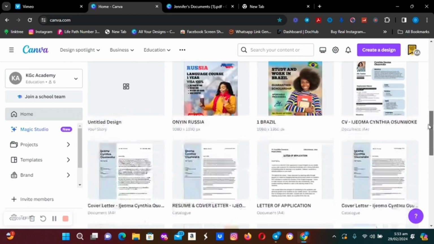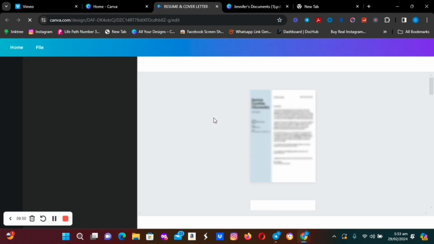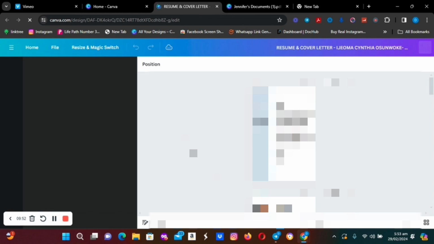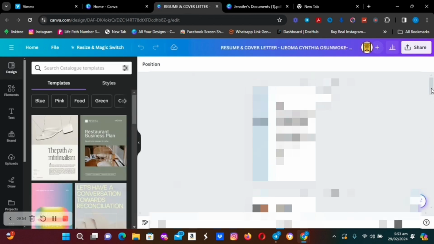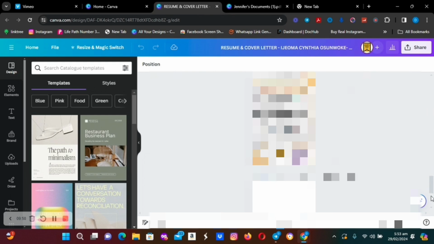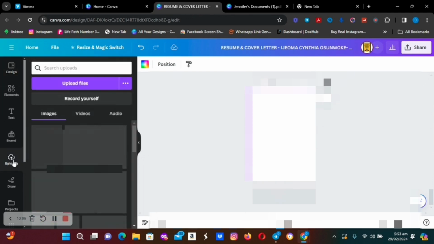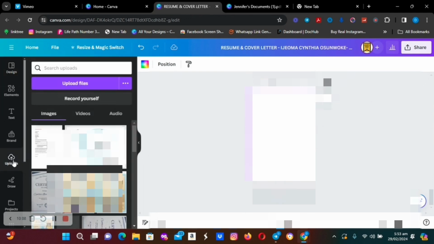Now I'm going to pick a new page. Let me open this document now. On this page, this is another PDF document. It has multiple documents in this PDF. So if, for example, you want to add another PDF document to this PDF that already has multiple documents,